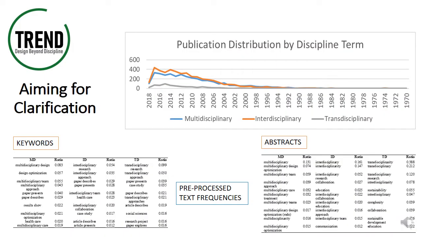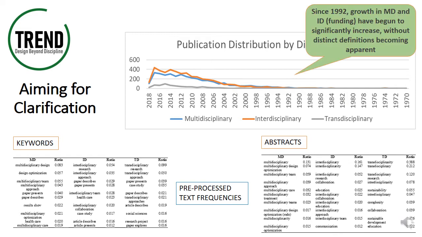Aiming for clarification. The overarching aim has been to clarify differences between commonly used disciplinarities and to understand their meanings to researchers. This is a first step in progressing to develop methods and approaches that can achieve higher levels of disciplinarity, or to discern where differing disciplinary approaches may be more suitable, particularly for engineering.